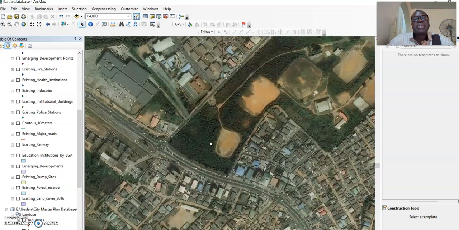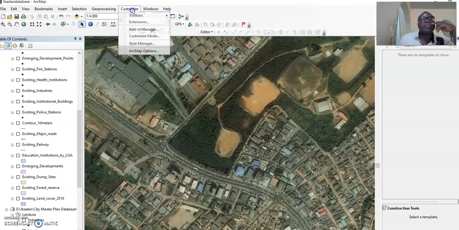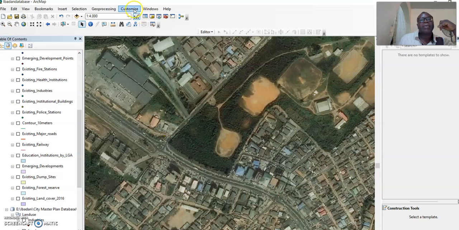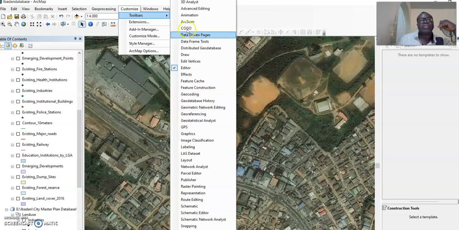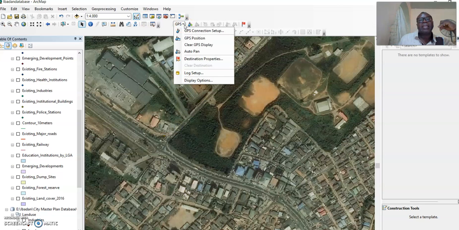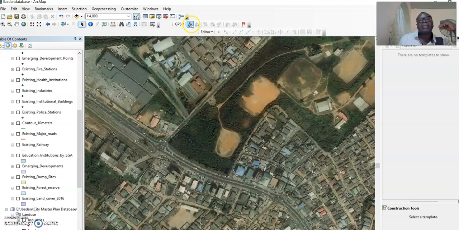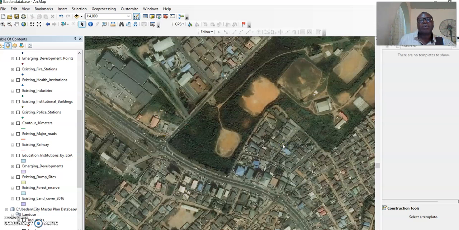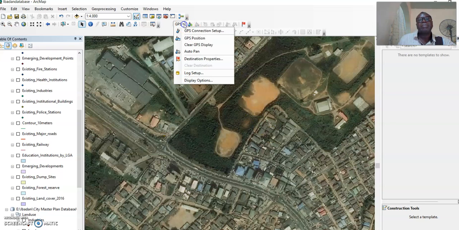It is assumed that this data is already your reference. If you want to bring in data directly from your GPS, you go to customize, and then under the toolbar, you click on GPS. Already selected in my own, but if it's not done, if you are just installing your GIS, you click on GPS, and it will give you this, and then you can say you want to connect the GPS directly. So when you click, if you are connected, if you connect it as a COM port or USB, then you can bring in your GPS data directly